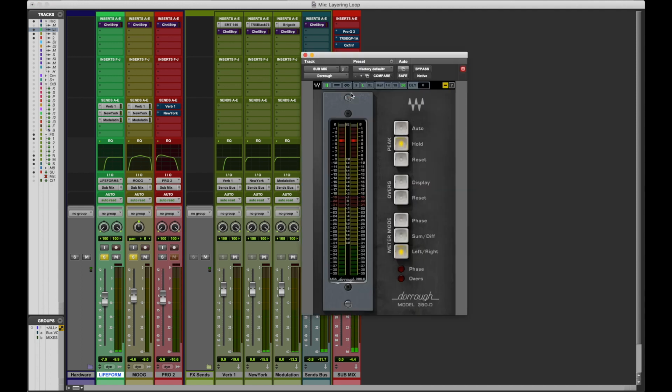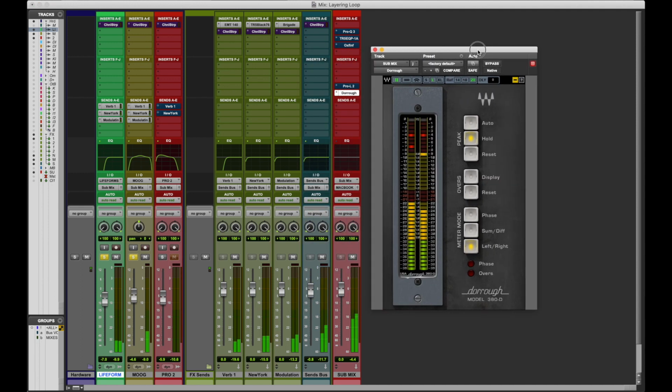Let's see where we are in level. So about the -4 mark, it's still a little bit loud. I can compensate this by just bringing the volume down of this submix at a later date by a couple of dB, but we're still within our -6 to -3 range. And next, let's listen to the